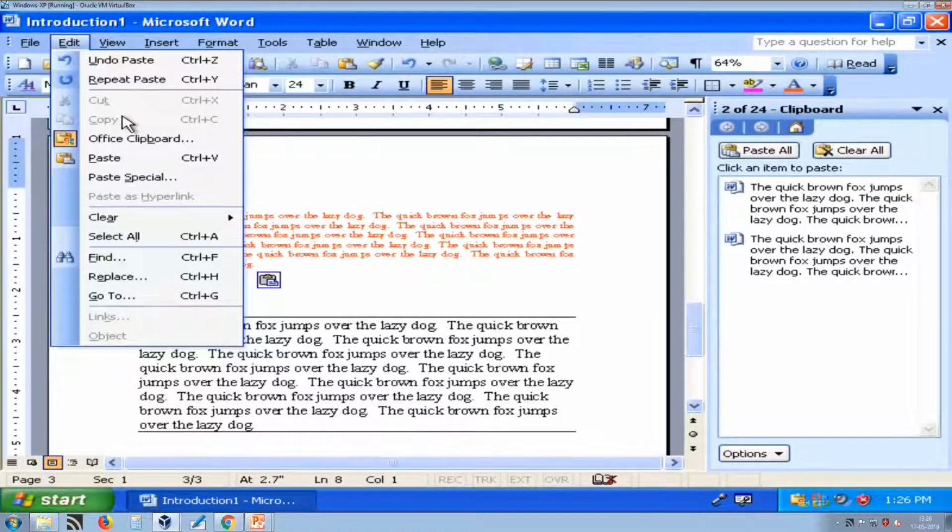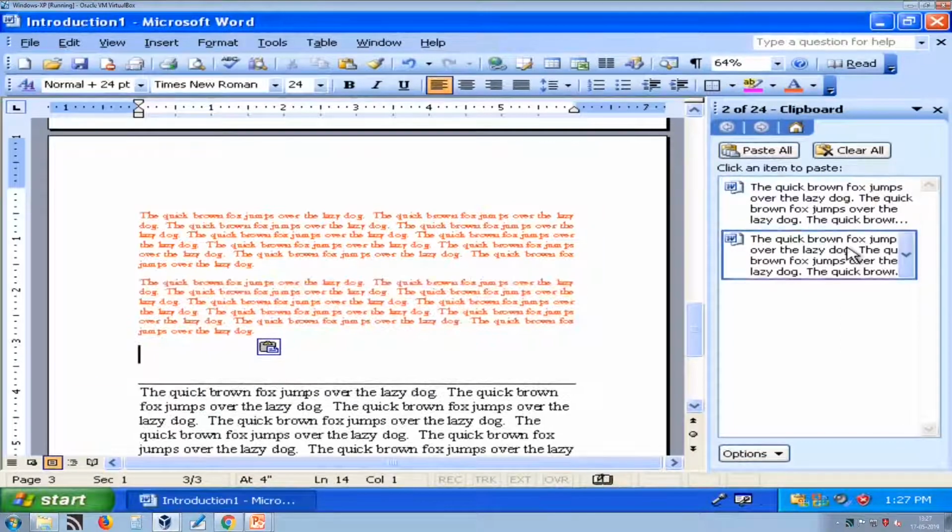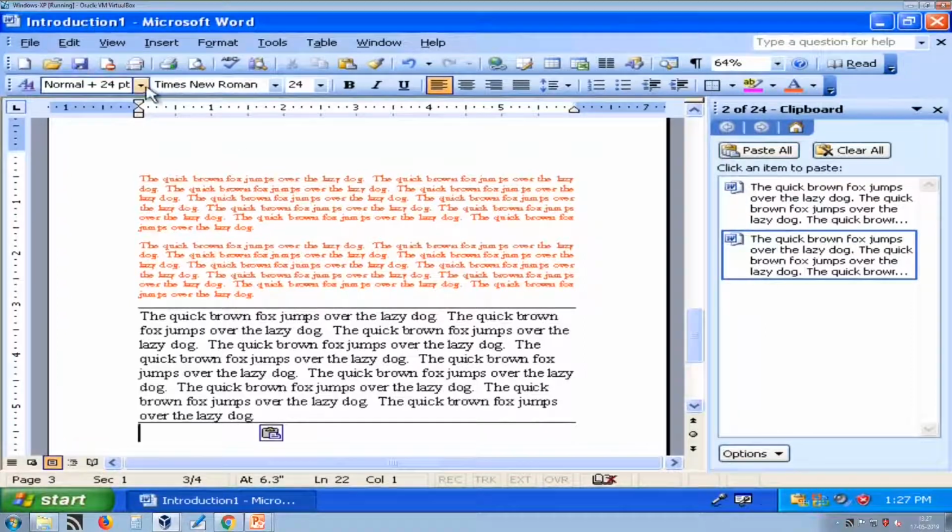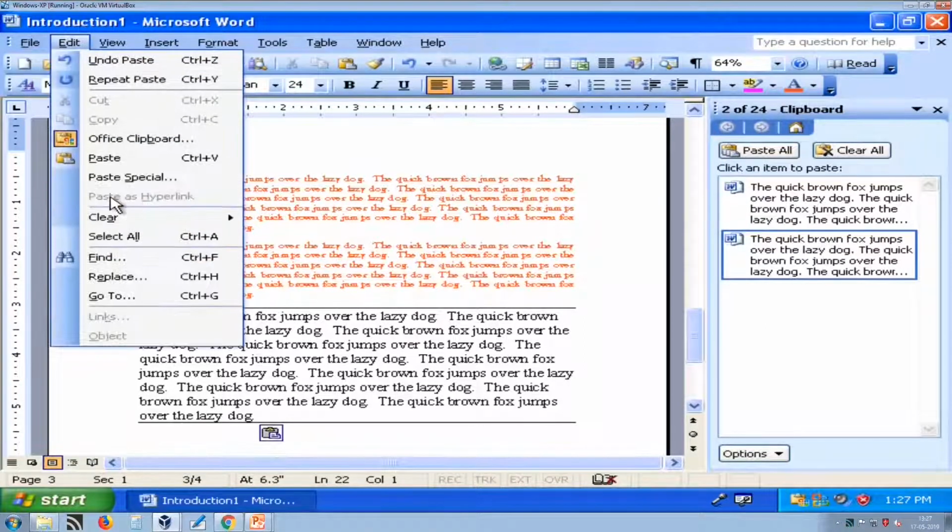Now, remember that when you copy your text, it is placed on the clipboard, which you can see here. We have 2 copies, so here it shows 2 of 24. The maximum number of copies that can be placed is up to 24, and it will only paste the content which was copied last, remember that. So, the clipboard is a memory area where your copied text will be stored, and you can quickly retrieve it from here. So, this is how you can perform this.